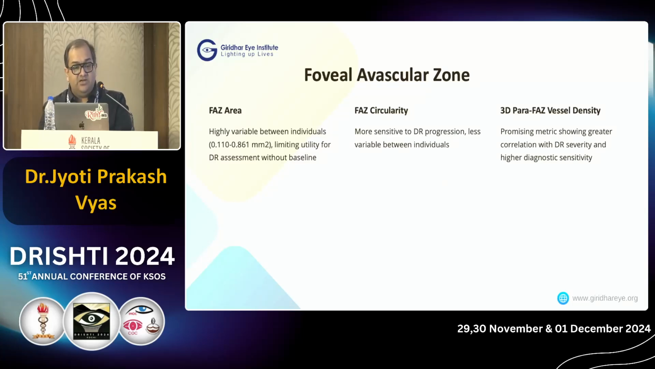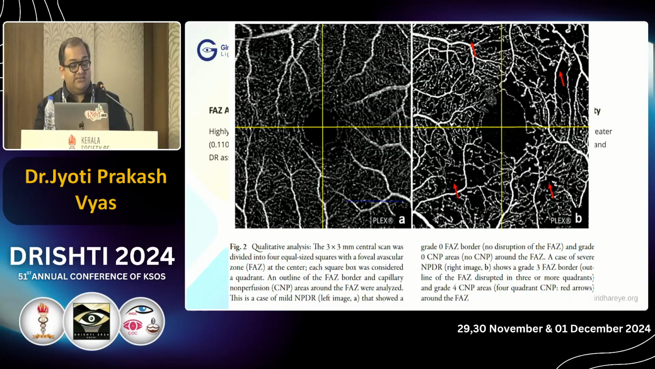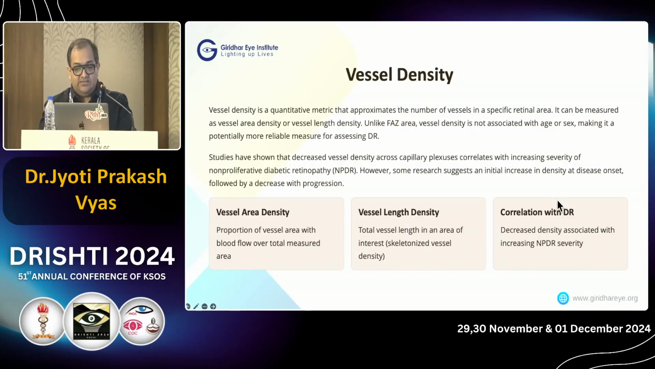So in the foveal avascular zone, they looked at the area, the circularity, and the parafoveal vessel density. This is a very nice picture from this article. To the left of your screen is a normal foveal avascular zone, and to the right is a diseased one. On the left, they divide it into 4 quadrants, and it is called a grade 0 capillary foveal avascular zone with 0 capillary non-perfusion. To the right, 3 quadrants out of the 4 show an irregularity of the margin. Vessel density, again, as previously mentioned,